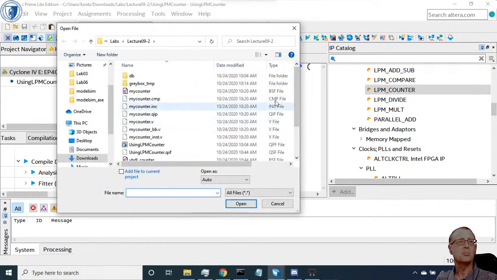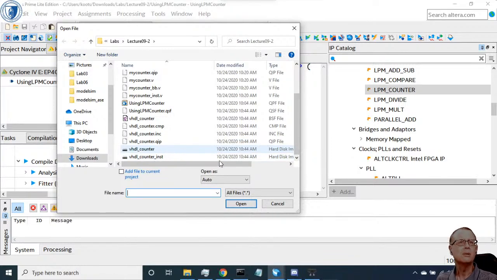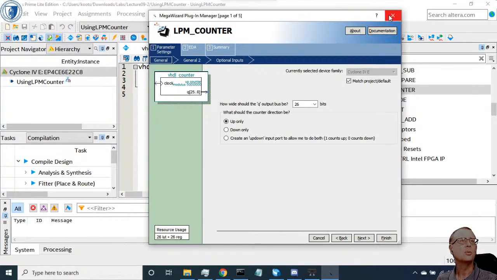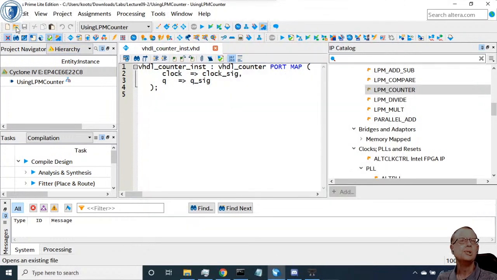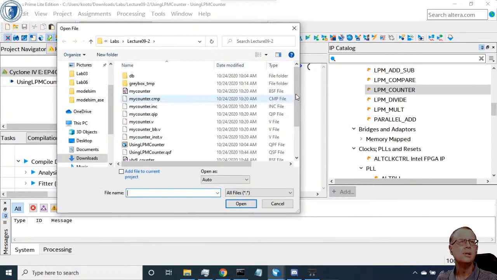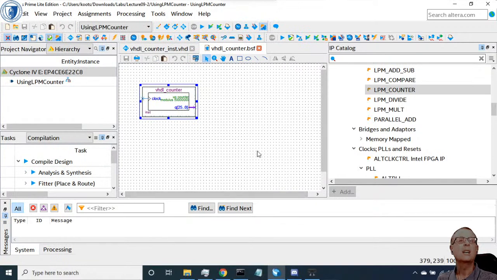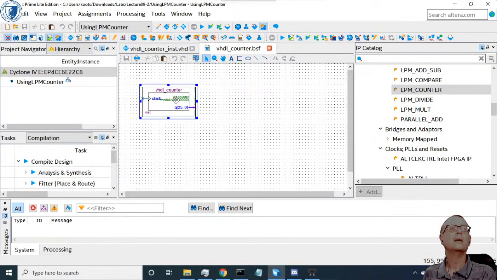We'd have to cut and paste that. Let's see if I can open up. I don't know whether it'll let me open that up without pulling up the wizard. Yeah, it pulls up the wizard. Okay, so there's the... oops, I didn't want to do that. There's the, what do you call it, the BSF file,